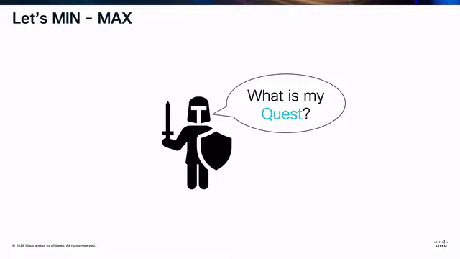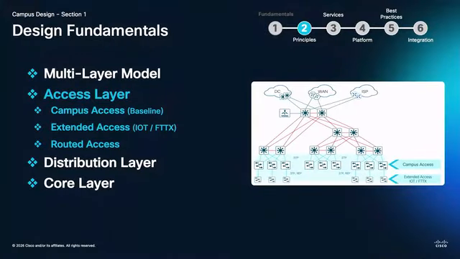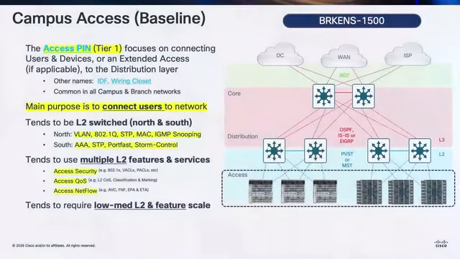All right, so now you've got to ask yourself a question: what is my quest? Because it's just an example, it's an abstraction, right? But think about it this way, like you're min-maxing. Every decision has its disadvantages and drawbacks, but you have to maximize the outcomes towards building your network and minimize the unwanted ones. So now we're going to go through the access, distribution, and core layers, but in an order